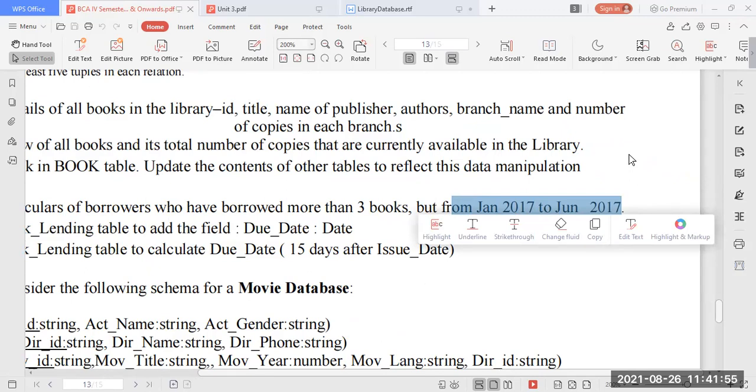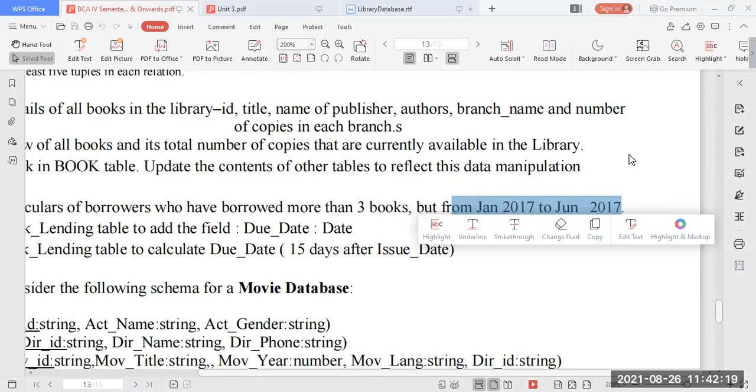From that 5 books, you have borrowed 2 books on 10th of January 2017 and another book on 10th of May 2017. Third book on 30th August 2017. Fourth book on 12th September 2017 and fifth book on 10th of October 2017. So will these come out as the result?